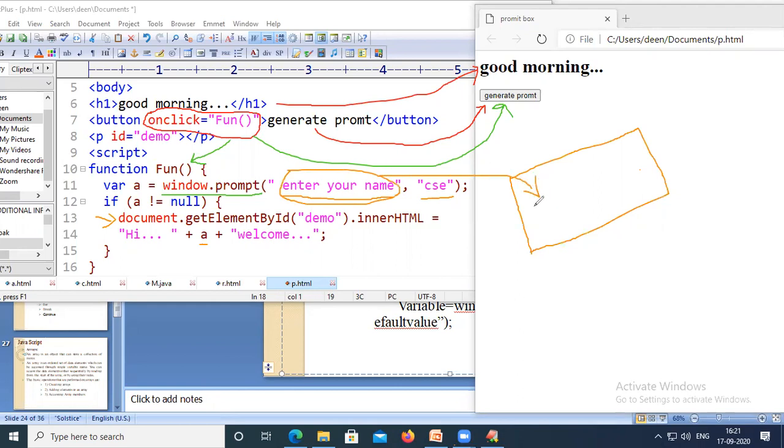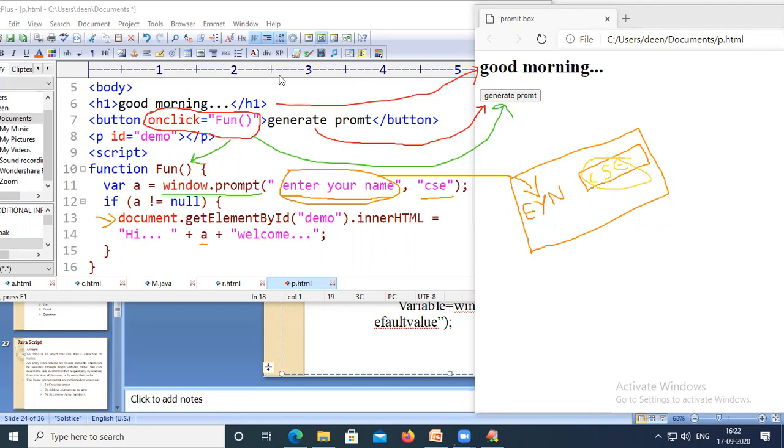Then an empty space will be displayed, and inside that space we will have CSC, because we have taken the default value as CSC. Now we can enter anything in place of the CSC.